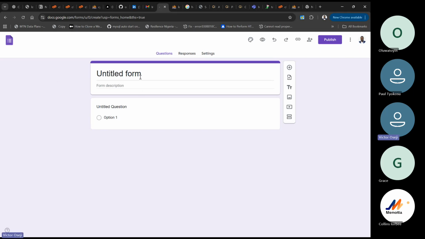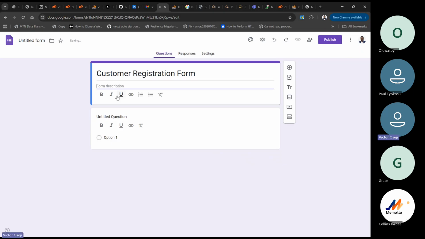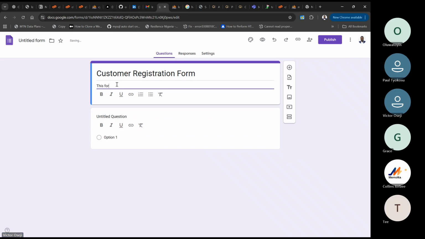Now, this is your form. Here you're going to specify the title of this form. What do you want to call this form? Let's say customer request or registration form, right? Then we can have a description for this form. Say, for instance, or we can say